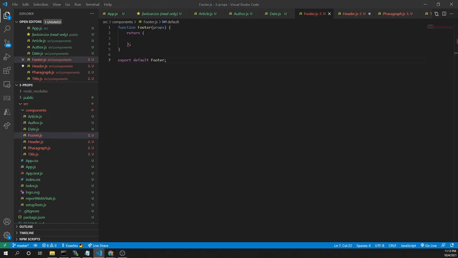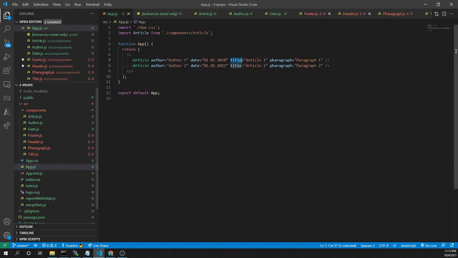Let's go to the footer. Oh, in the footer, I'll add first the footer here. Let's see what we'll put in the footer. So in the footer, I'll add a footer.